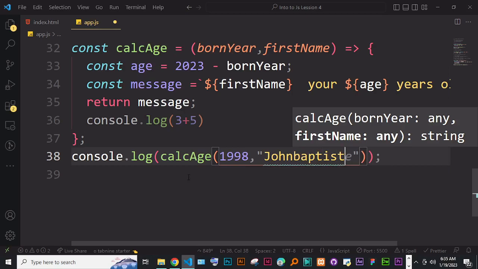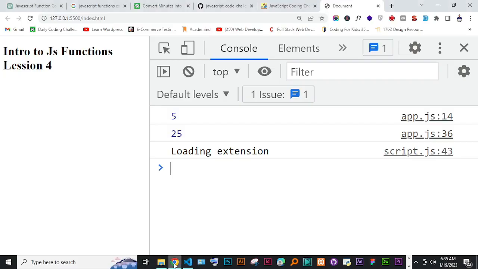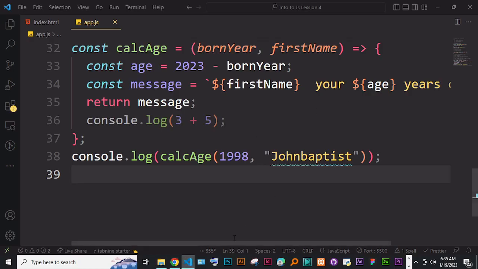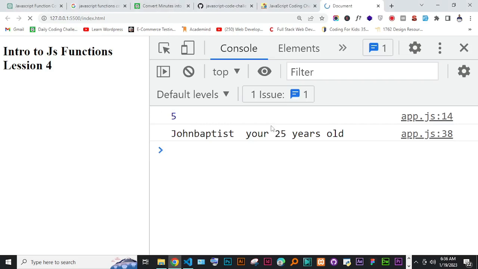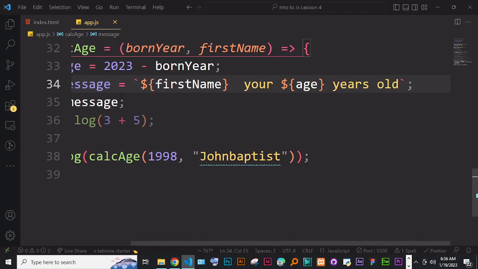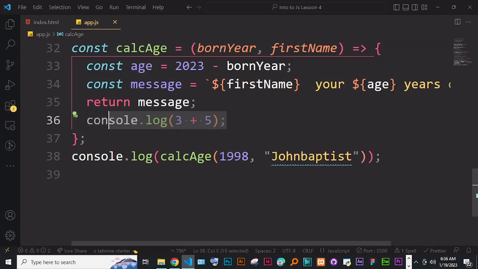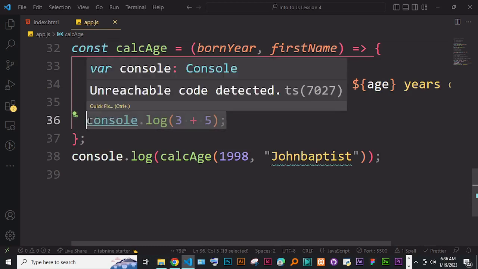Okay, and we go to the console. You can see John Baptiste, you are 25 years old. There is this stuff here. One thing that we note, this one, there is no need of that one. So if you check now the console, John Baptiste, you are 25 years old, and you see that this one has not been executed. Console.log, if we put it here